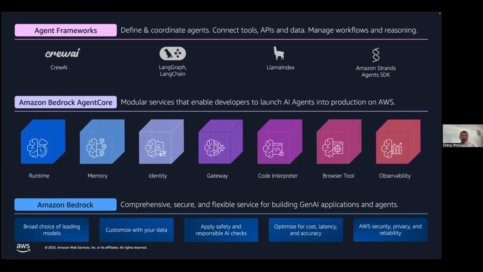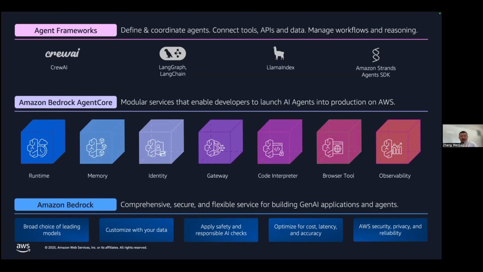So the code interpreter is a component where you can run any code, in any language, generated by the LLM, and then you can also get the result using the API from the code interpreter component.